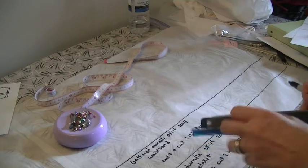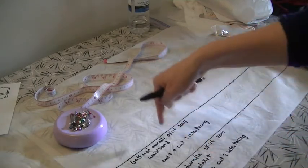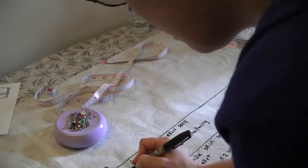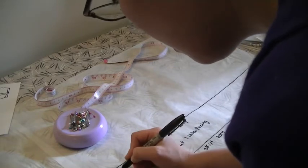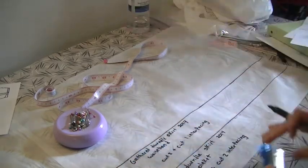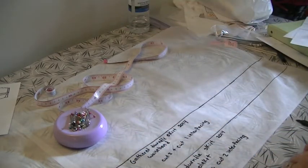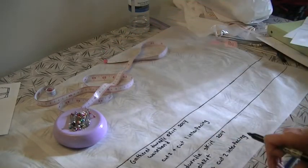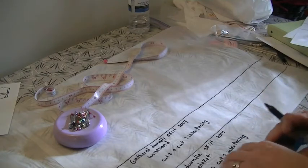So the waistband grain line is going to go up and down so that it goes down the skirt. So we're just going to take our ruler at a 90-degree angle and draw our grain line. Now our button placket is going to be going at 90 degrees from the waistband. So we want its grain line to be going